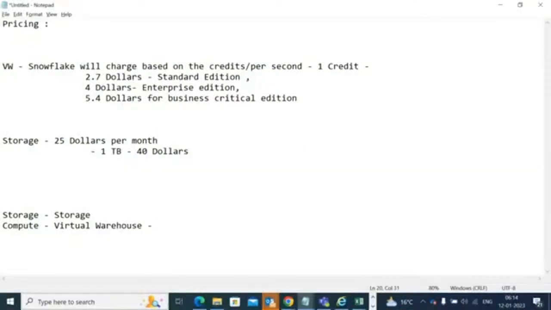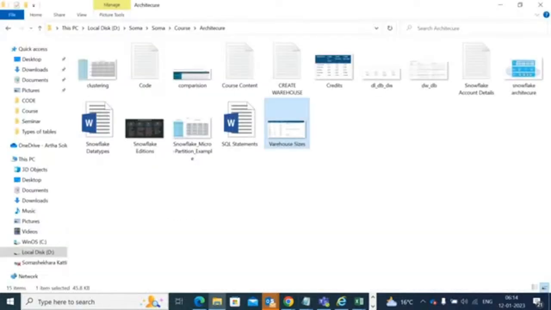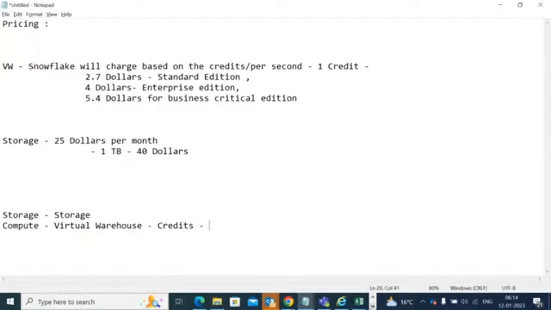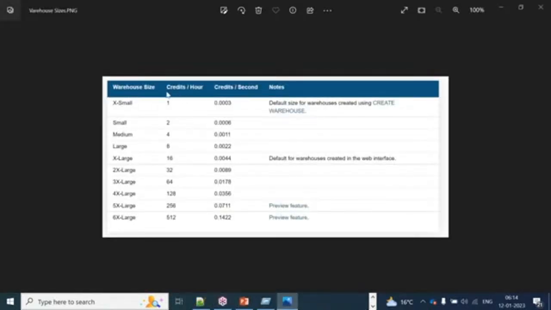The virtual warehouse will be charged based on the credits that they measure, the charge or cost. So based on the number of credits you use,